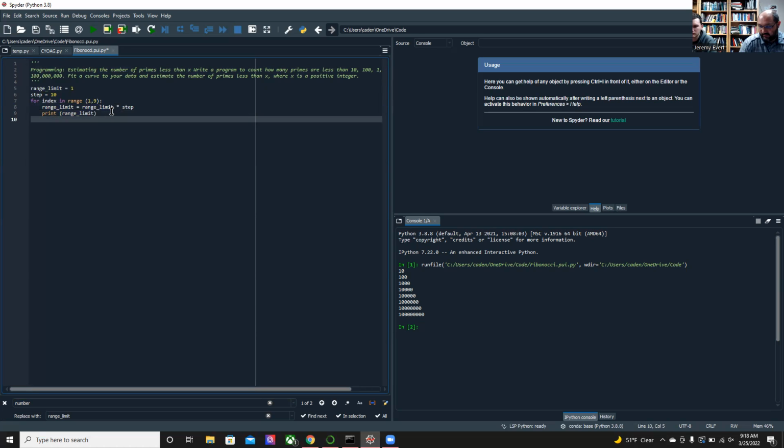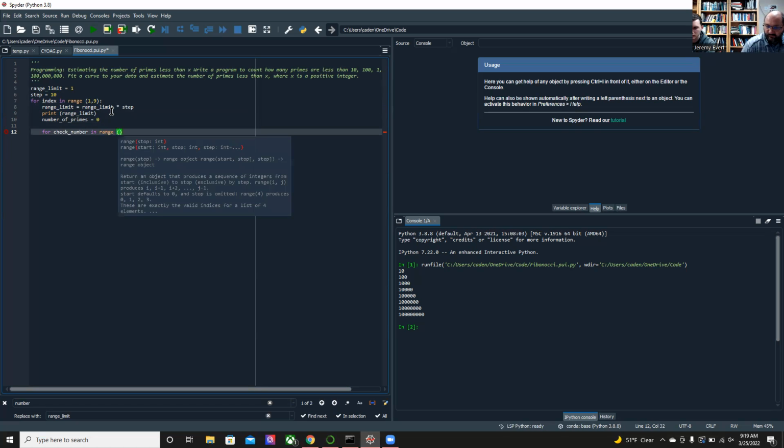We can do something like we can set number of primes equals 0, and we'll say for check number in range 1 comma, and then it's going to end with a parentheses and a colon, and then we say, oh, in here we need to do that